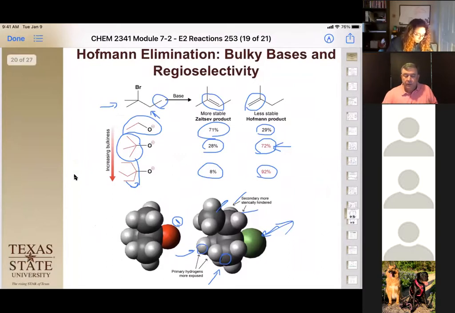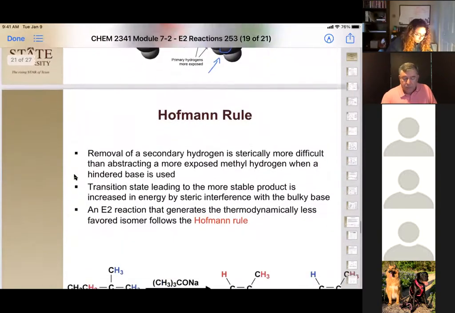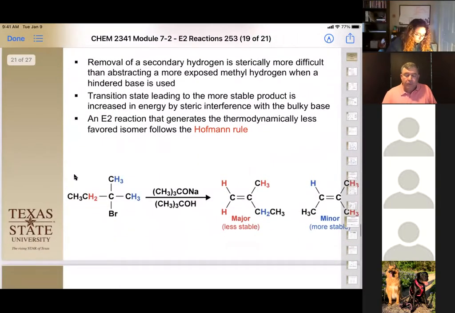Okay, well, let's do a little bit more about the Hofmann elimination. And so we have a rule, okay? The removal of a secondary hydrogen is more sterically difficult than removing a methyl hydrogen when a hindered base is used, okay? So that means we lead to a different transition state, and therefore, when we have these big bulky bases, we actually end up with the less stable product as the major